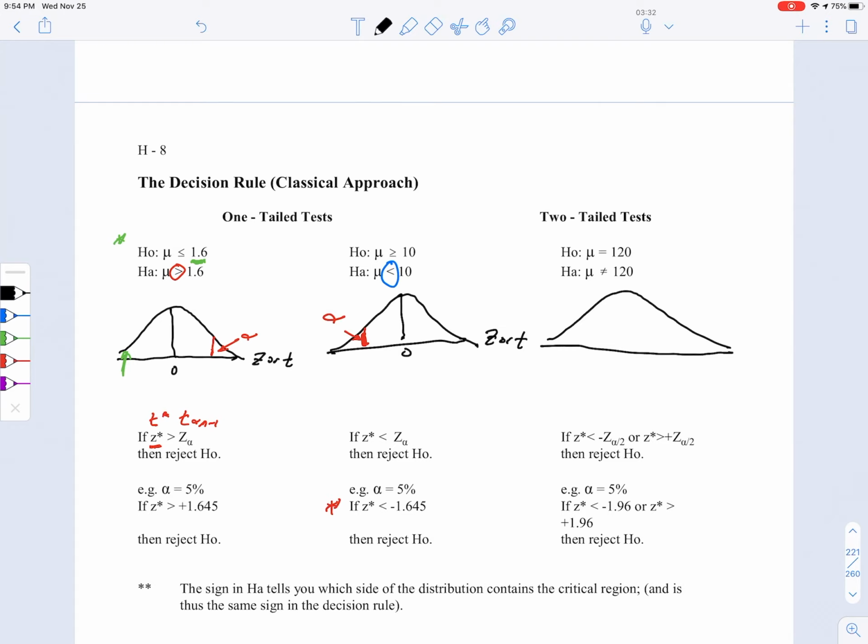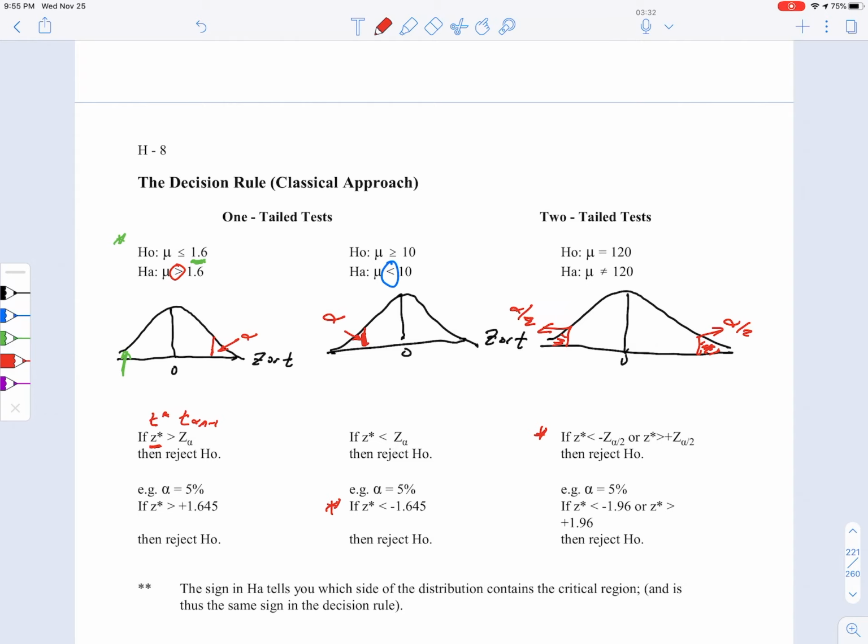You still want in total an alpha percent, let's say a 5% level of significance. But what you do then is you take your alpha and you split it in half. So you put alpha over 2 here if you got a really high value, you put alpha over 2 here for a really low value. And if it falls in either of those two areas,